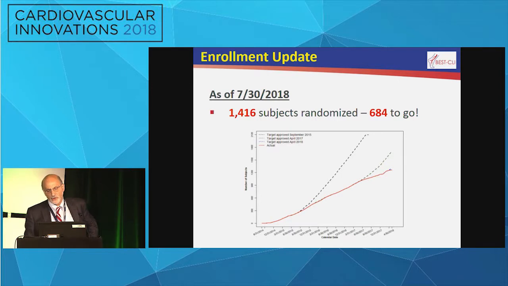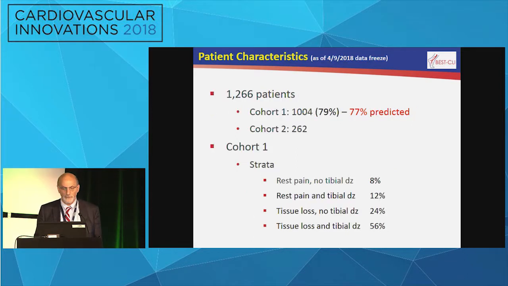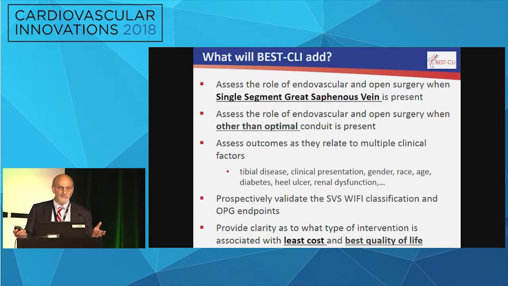So here's the enrollment update. We're up to 1,416 patients, which is more than two-thirds of the trial. We have another year plus to enroll. We're really ramping up our efforts with our investigators to get them to set aside those biases and enroll the patients. Interestingly, I thought that Cohort 2, the disadvantaged conduit, would enroll more briskly, but it turns out that Cohort 1 is enrolling more briskly, and that might be because people don't have as much equipoise. A lot of surgeons don't want to operate on patients who are really high risk and have lousy conduit. Anyway, it was a surprise.